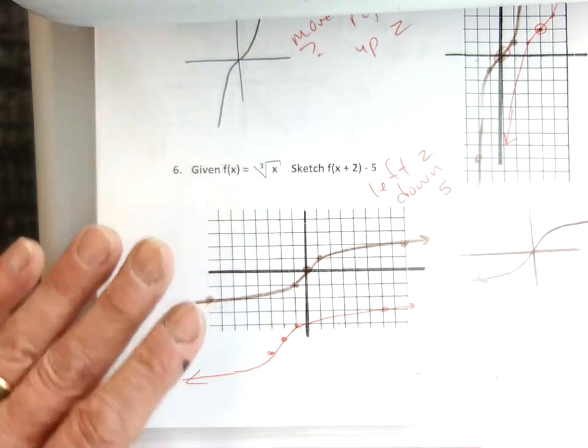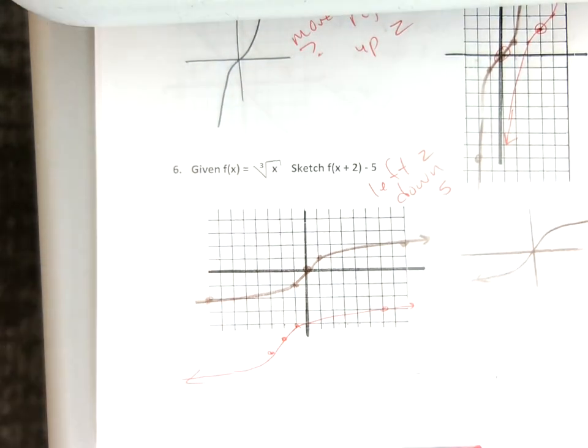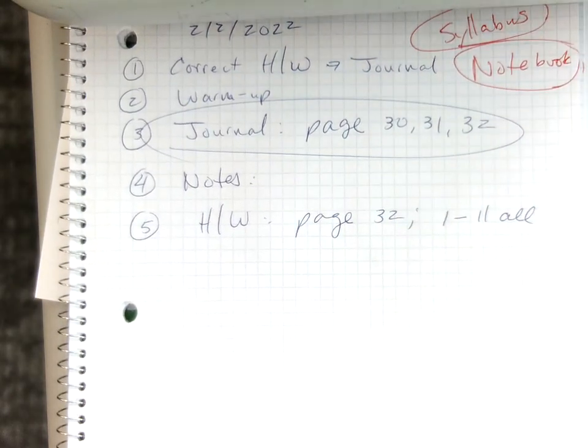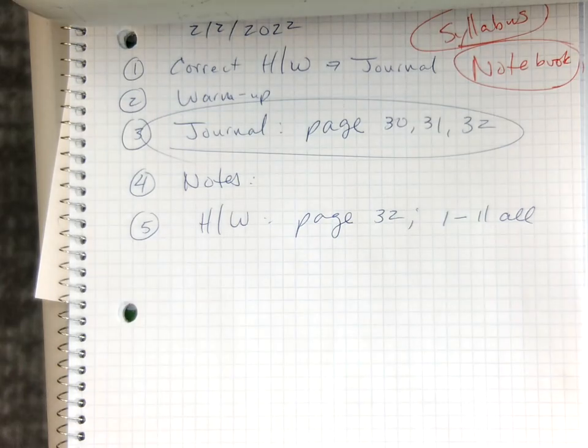All right, what do you think? Thumbs up on this today? So homework's going to be out of our journal. And I'd like you to do page 32, 1 through 11. All. Let's take